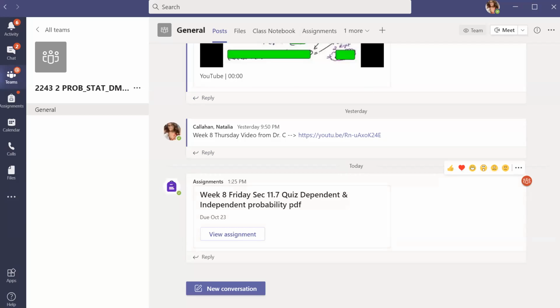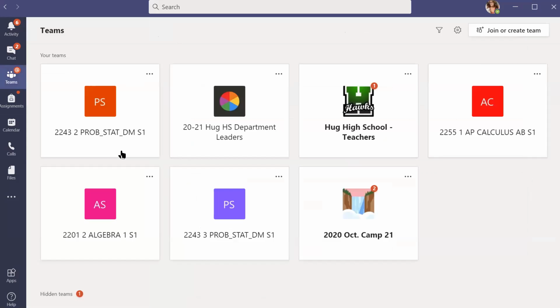So hopefully you can see that right now. Let's make sure that's on the right one. Yep, it is. And so go to MS Team, as you can see right here, go to the class that's